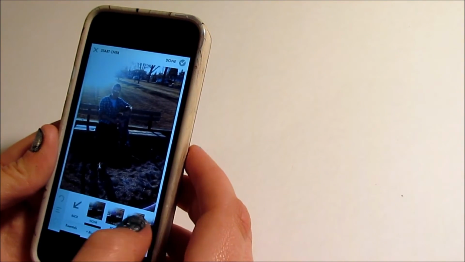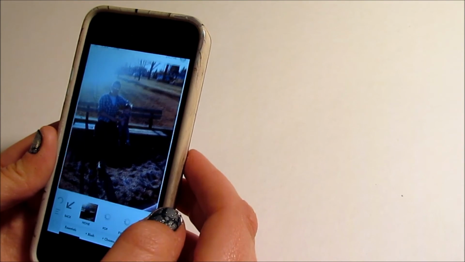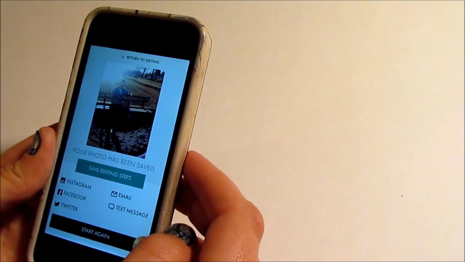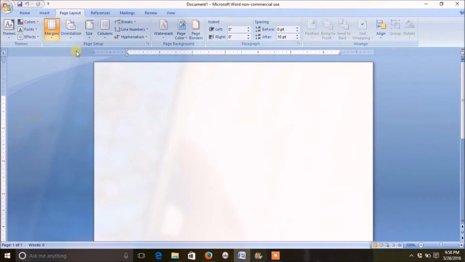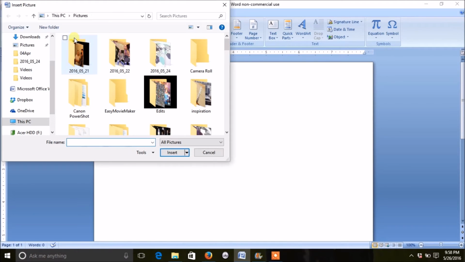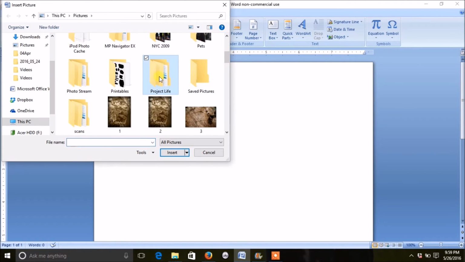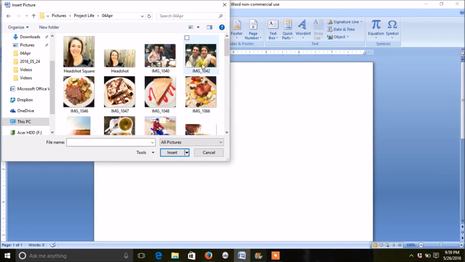I usually do now these days, just because I like the way the photos look better, but it is time consuming and it's most people's most hated part of scrapbooking. So if this is going to keep you from scrapbooking, I suggest just not doing it because it's not completely necessary. So once I have all my photos edited and saved how I want them, I go into Microsoft Word